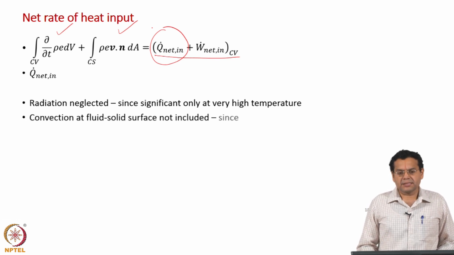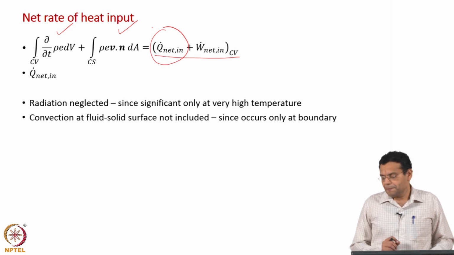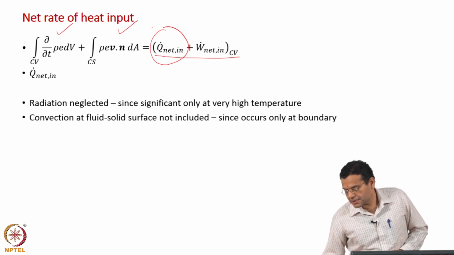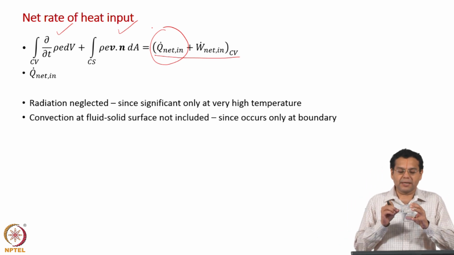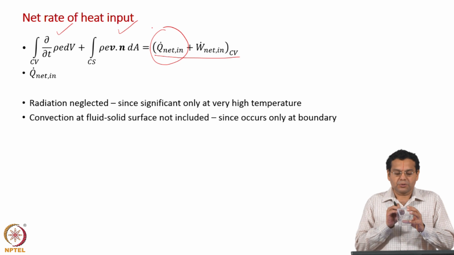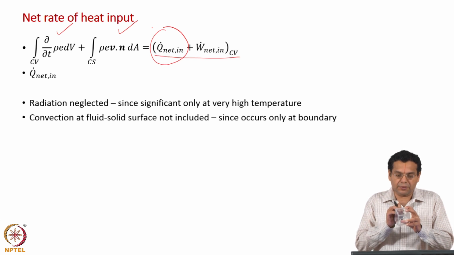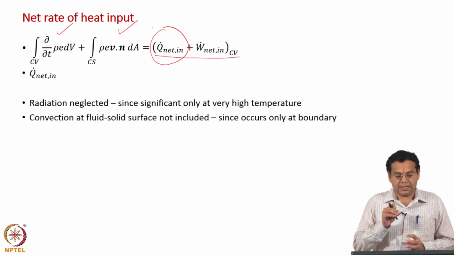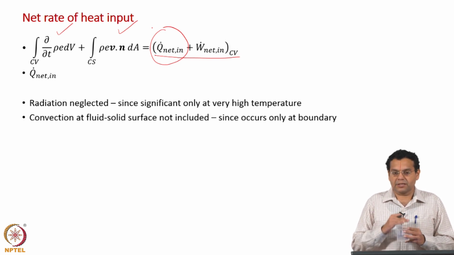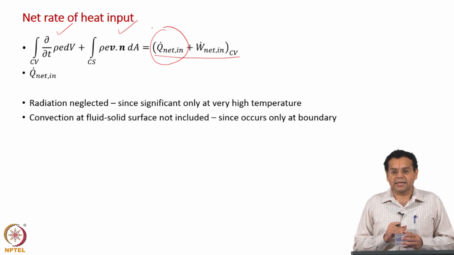convection, which represents heat transfer occurring at a fluid solid surface, is also not included. The reason is that, remember when we discussed our small control volume, let us imagine this is our fluid domain and our control volume is inside. So, when you are considering a control volume inside, that is not at the boundary between let us say a solid and a fluid, our region is inside. So, because we are considering a control volume inside the fluid domain, we are not including the heat transfer by convection, which happens at fluid solid surface. It does not mean we are ignoring that.